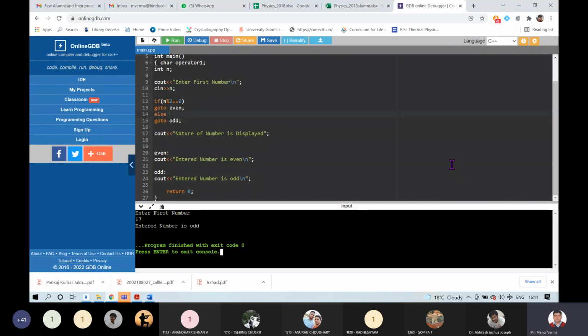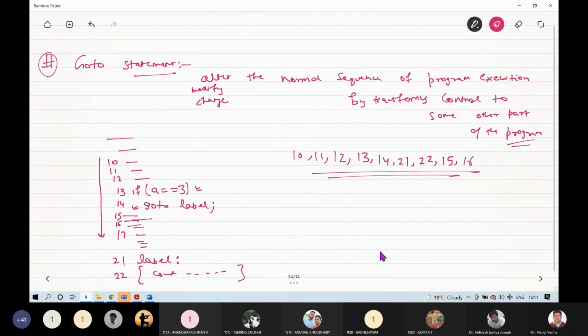Okay, so let's say I want to display numbers from I equal to 1 to 50, and each time when I becomes divisible by 5, I want to print this: value of I is divisible by 5.